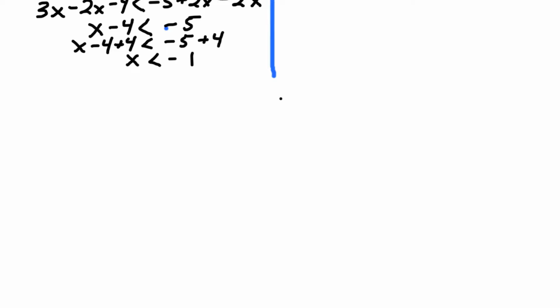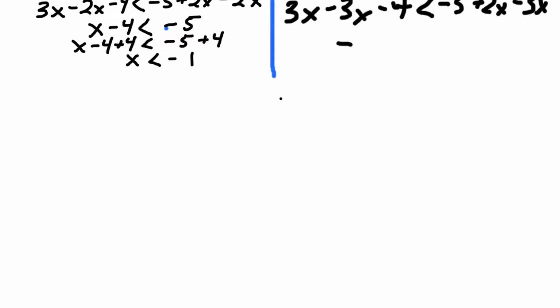I'm going to subtract 3x. 3x minus 3x minus 4 is less than negative 5 plus 2x minus 3x. Okay, so that becomes 0, and we end up with negative 4 is less than negative 5